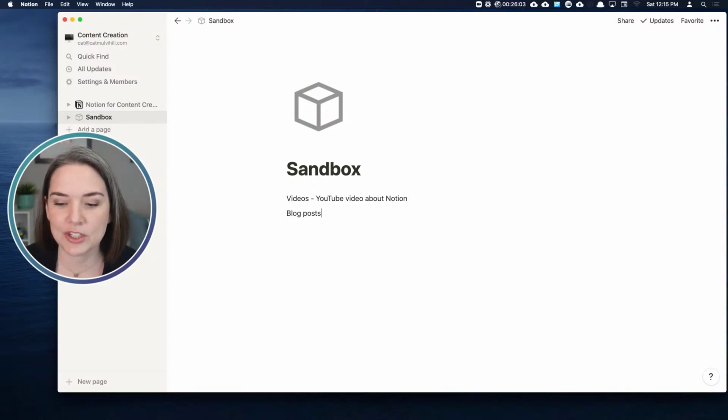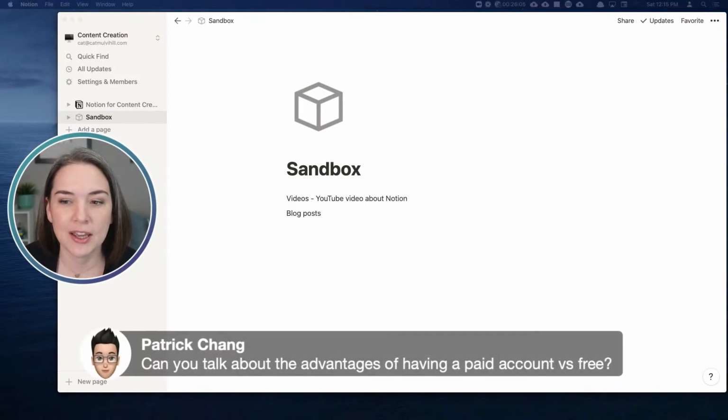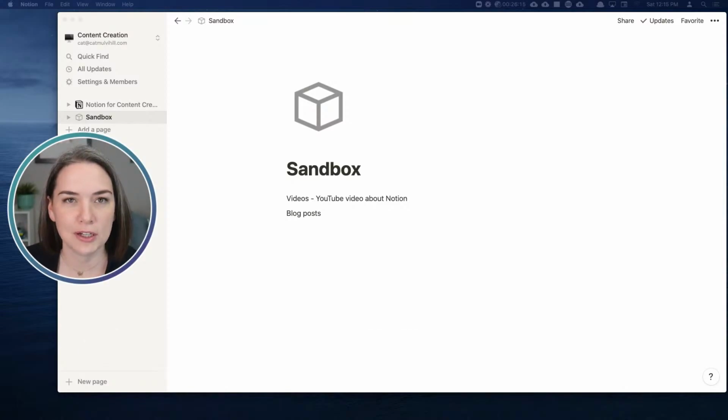And I see a question here from Patrick. Can you talk about the advantages of having a paid account versus free? This is a really good question. So the free account will do, basically, I used the free account for months. It'll do everything that you need it to do. With a free account, you can actually invite guests into your workspace to collaborate, and you can have up to 5 guests. The paid account, the personal pro, which is what I have, that is an account where you can,